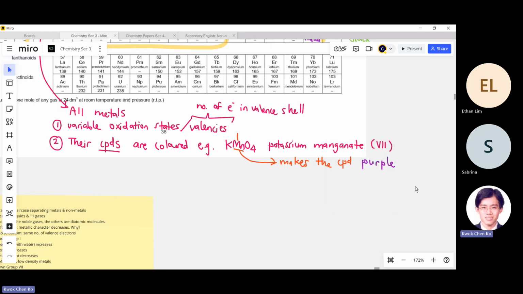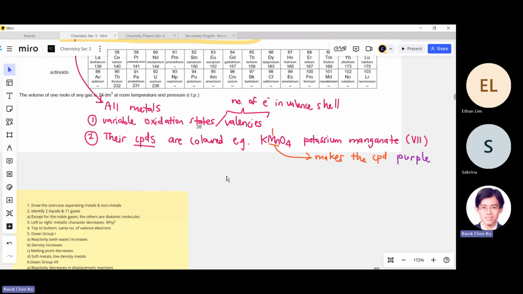If you ever see purple in your test exam, in your practical, 99%, this is the compound. This is the solution. Normally, they don't give you the solid, it's a solution. So take note, I repeat, purple 99% is this guy here that you're looking at, especially practical. Okay,